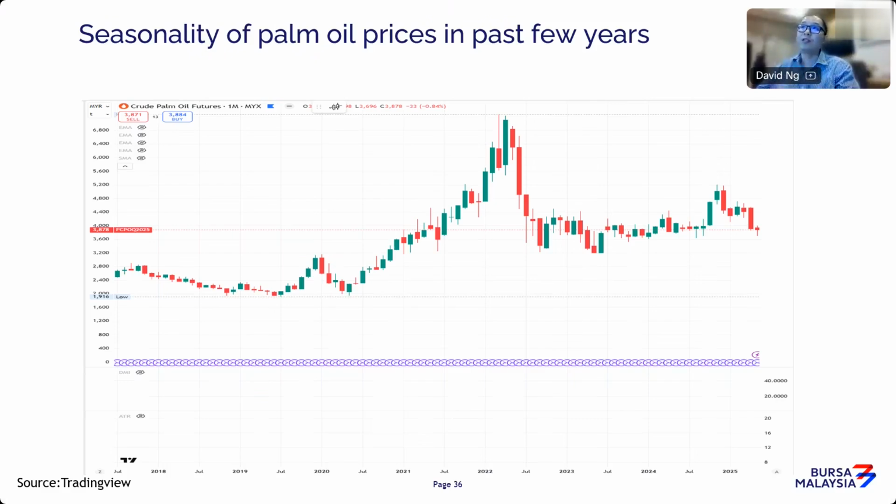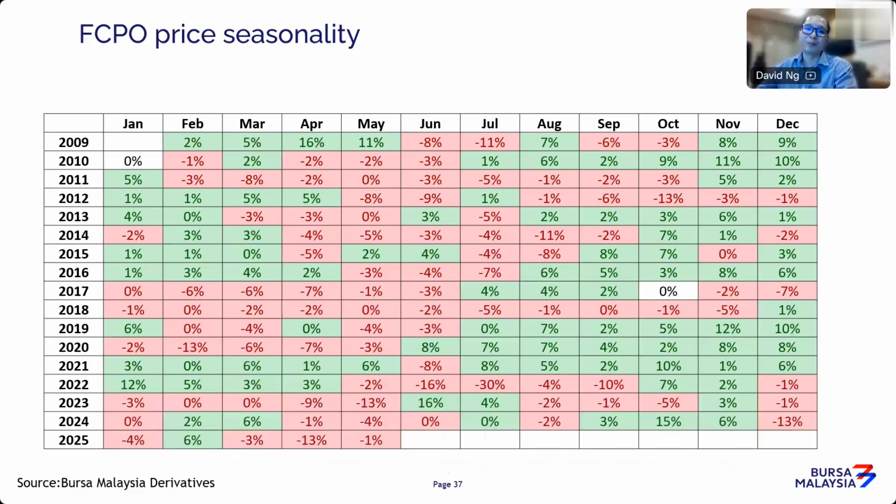So that's also a good point: outright prices tend to go to a certain floor level and don't break that, because once it breaks the cost of production, normally there's no incentive for producers to keep producing palm oil. Now, this is looking at price seasonality, so it's very clear that you have strong price performance towards the year end, and very weak performance towards the middle of the year. Right now we are in June, July, so normally I expect prices to close the month in quite a bearish mode because of the seasonality in play.